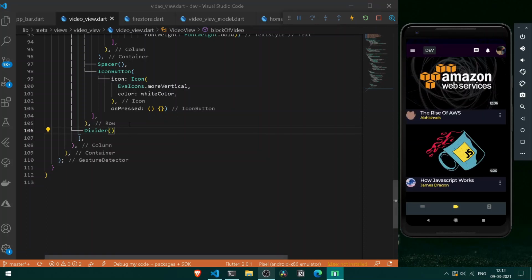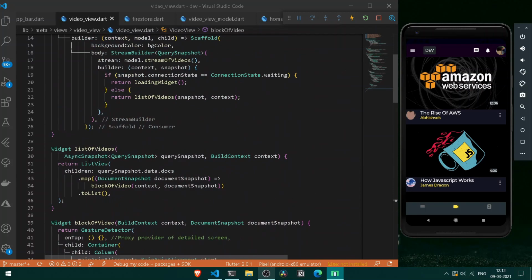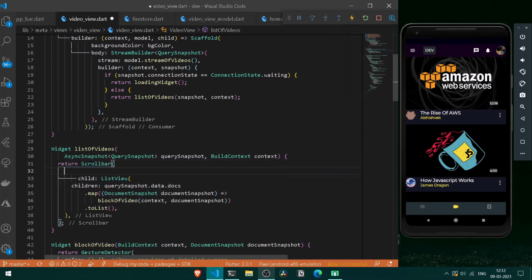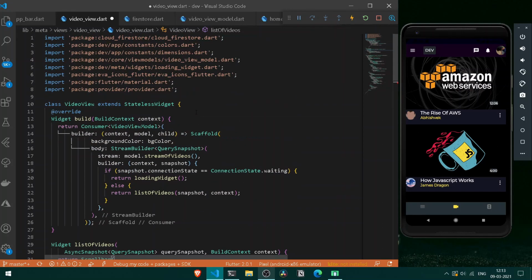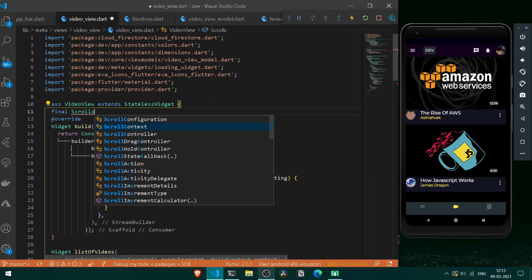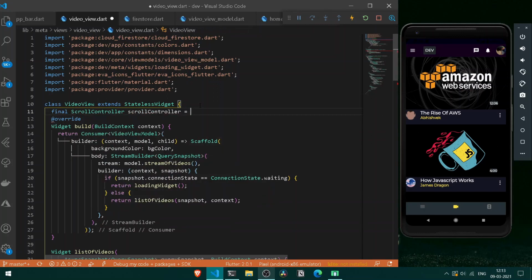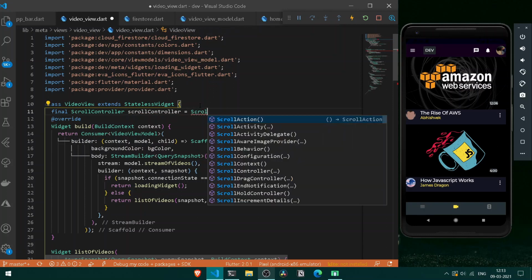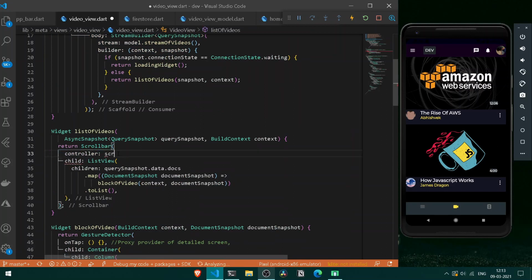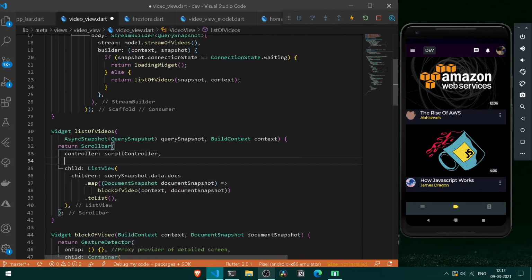So now let's do one thing, that is go at the top at our list view, and here let's refactor the following list view under a new scrollbar widget, which is a new widget provided by Flutter 2.0. So here under this let's have a new controller. For the controller we shall be creating a new final scroll controller, that shall be equal to a scroll controller, and here let's provide the following scroll controller, and after that let's have a new property of is always shown to false,